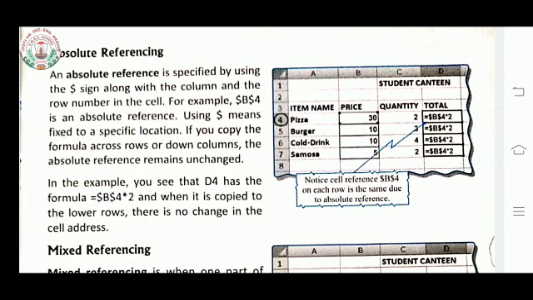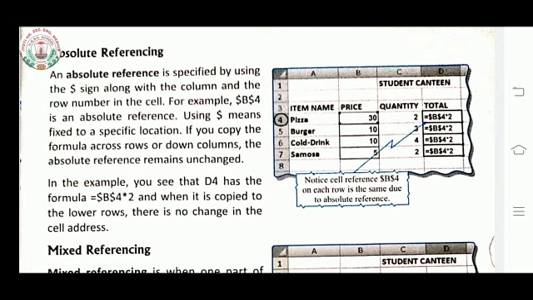If you copy the formula across rows or down columns, the absolute reference remains unchanged. In the example, you see that D4 has the formula $B$4 into 2. Whatever is written in that B4 has to be multiplied by 2.